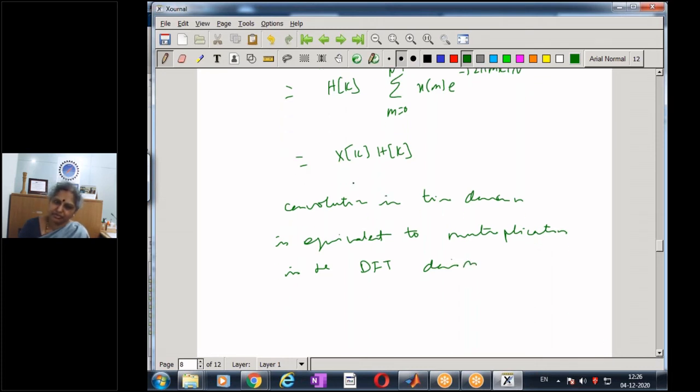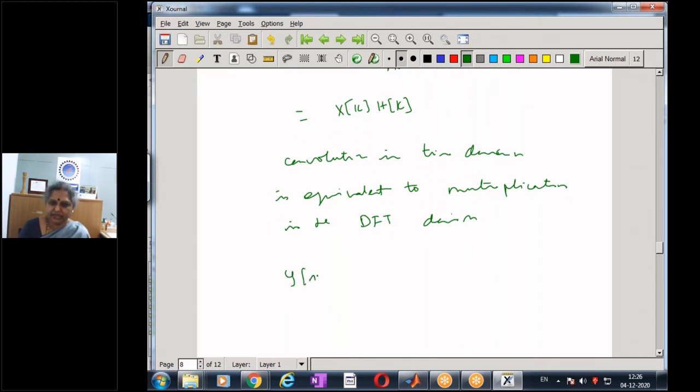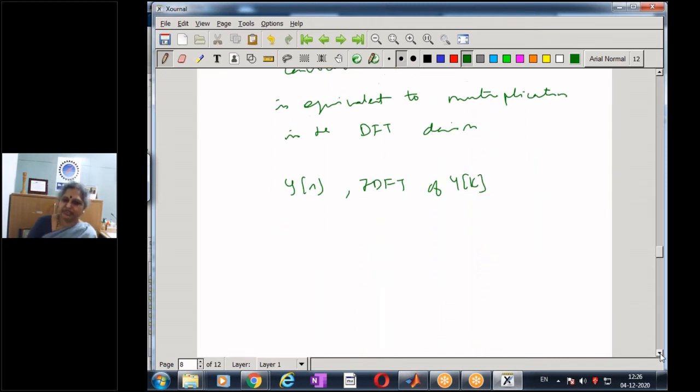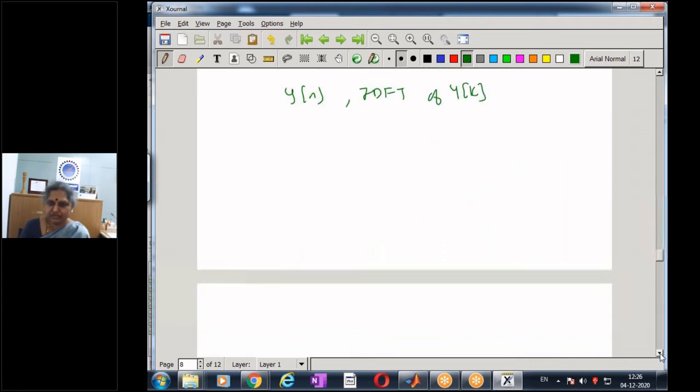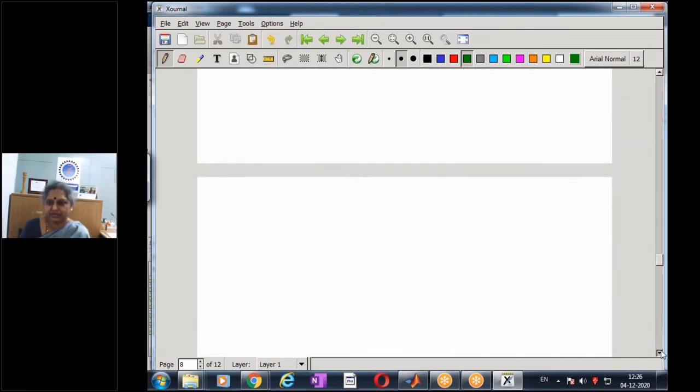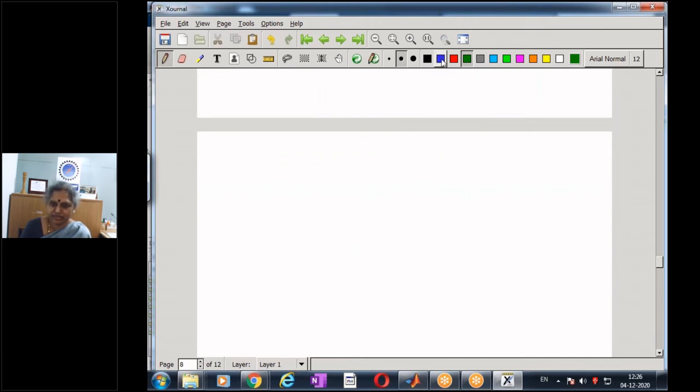So if I want to do a convolution, I can take the N-point DFTs, take the product, and then do the inverse, and I get back my y[n] as the IDFT of Y[k]. So this is the property which helps us evaluate convolution using DFT and IDFT. So let's take a simple example. Of course, we have seen this earlier during convolution, but let's take it up now since we are doing DFT.